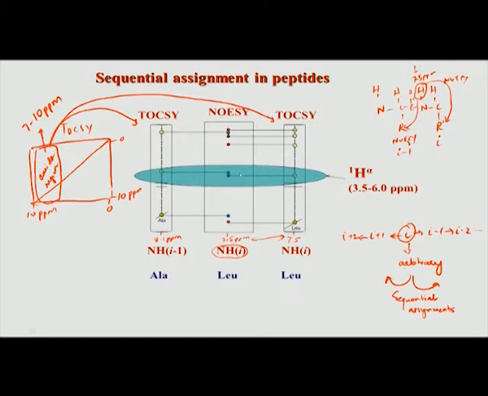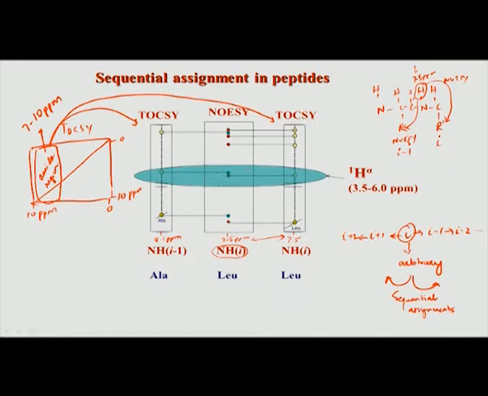So if you want to see I, you have to go to I plus 1, then I plus 1 will give correlation to I, and I plus 2 will give to I plus 1. So you see we are going in the direction from I to I minus 1. This is basically the point in the entire exercise where we use NOESY for sequence specific resonance assignment. Now we will only focus on this portion in the next slide, and from there we will see how we can do the sequential assignment by going from I to I minus 1 to I minus 2 and so on, or I to I plus 1, I plus 2 and so on. That is basically our goal.